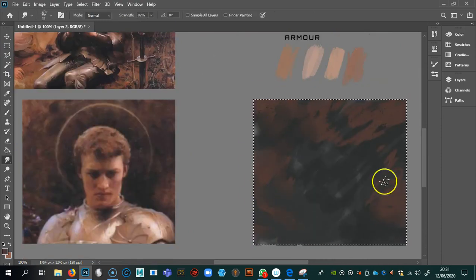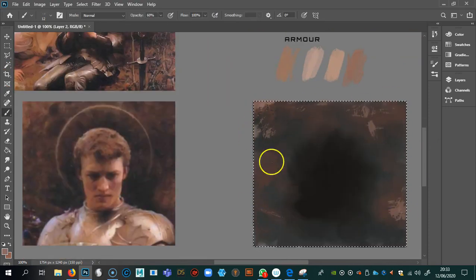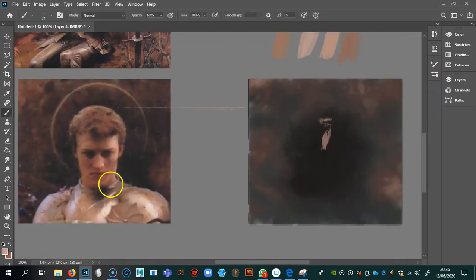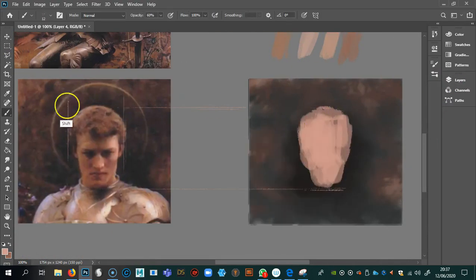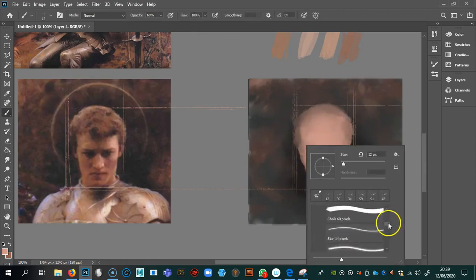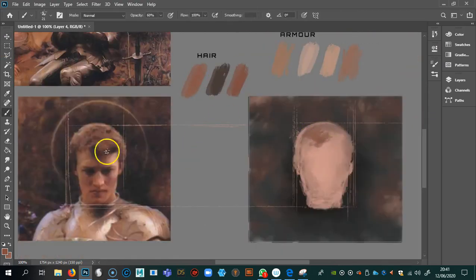As you can see here, I'm starting off with the background. I've sampled some of the colours, and I'm dropping different shades, different tones into this background, and then starting to block out the head. So again, just starting off with a basic flesh tone and mapping it out,